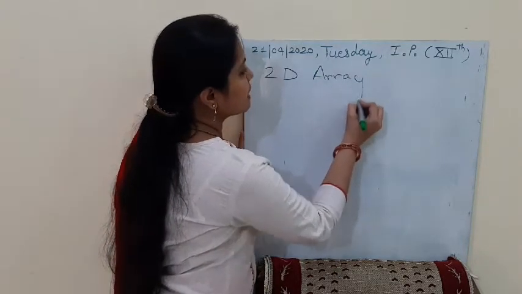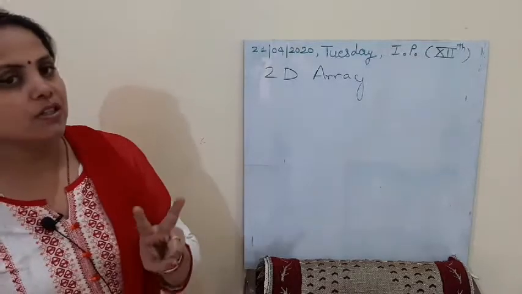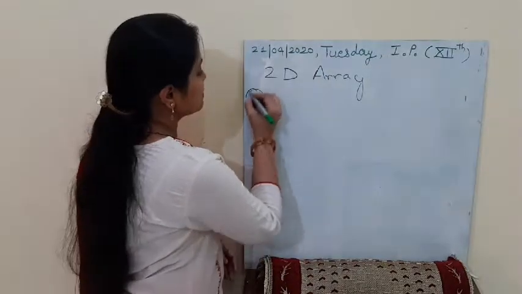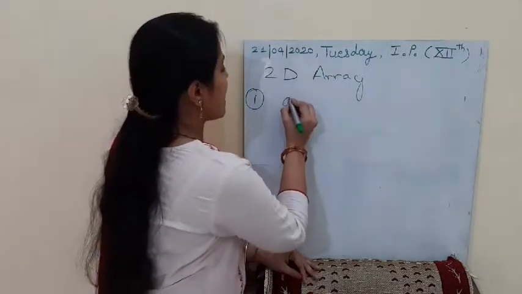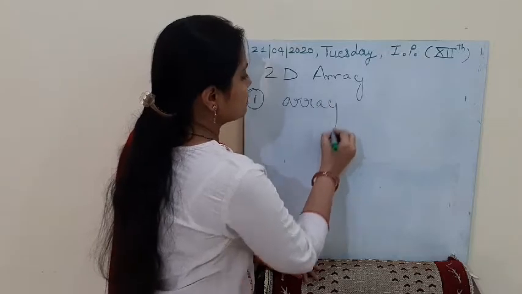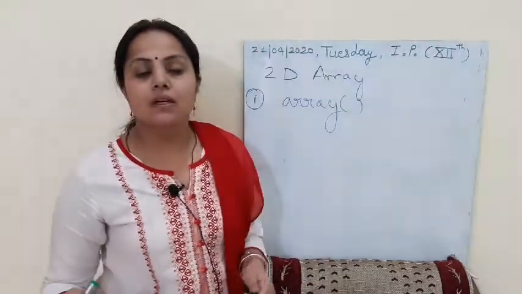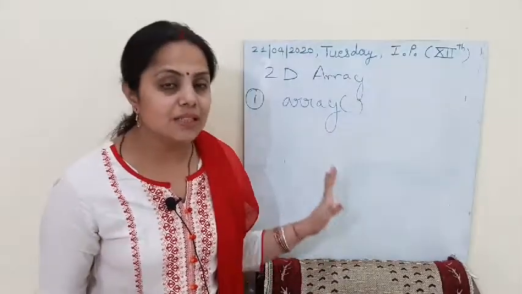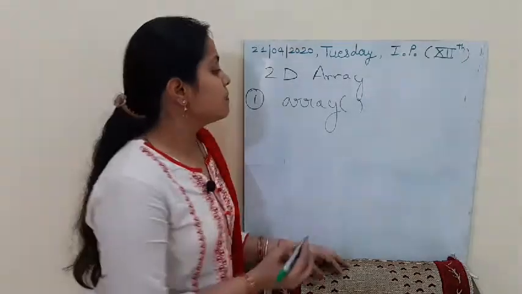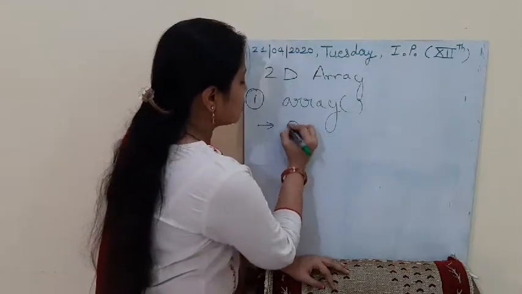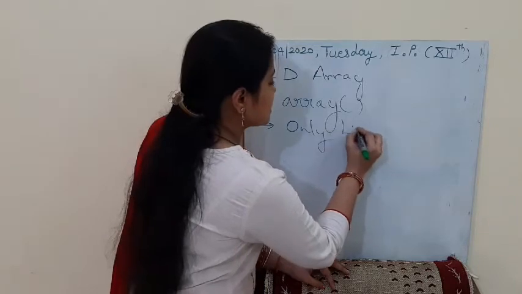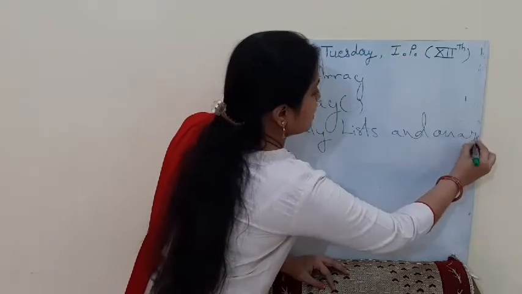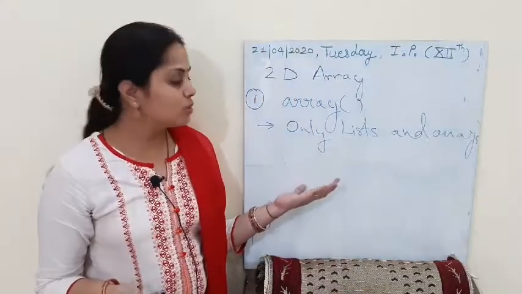Now when I am going to create a 2D array, I will use two functions that we have already studied while we were studying the 1D array. The first one that we are going to use is the array function. Now remember the array function? The array function could be used only with lists and tuples. This is the same with the method for 2D arrays also, that this will be used only for lists and tuples. Now when I am talking about lists and tuples, you all know how to do it.